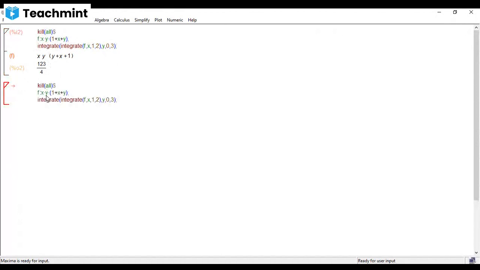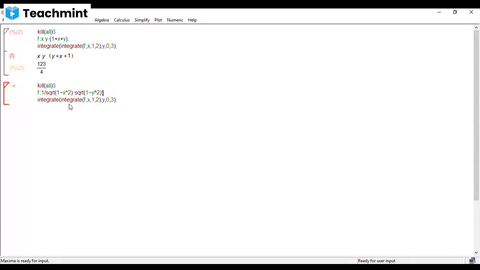What was your function for the second one? Your function is 1 divided by square root of 1 minus x cap 2 multiplied by square root of 1 minus y cap 2. See, for the denominator, I haven't given a total bracket for this, right? Let us see what the answer is.